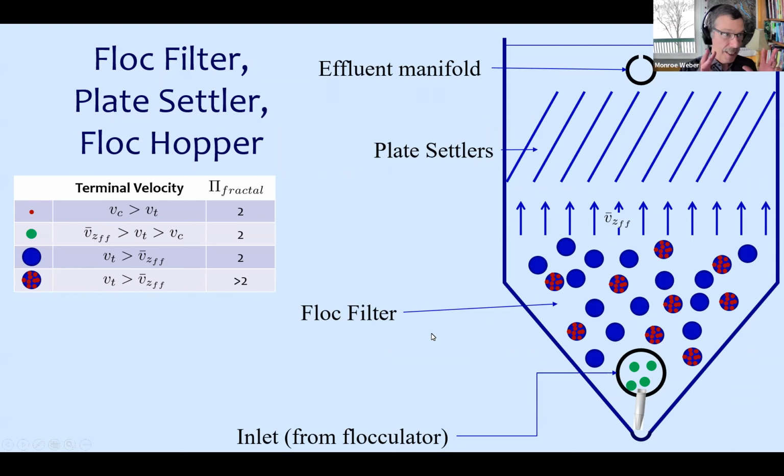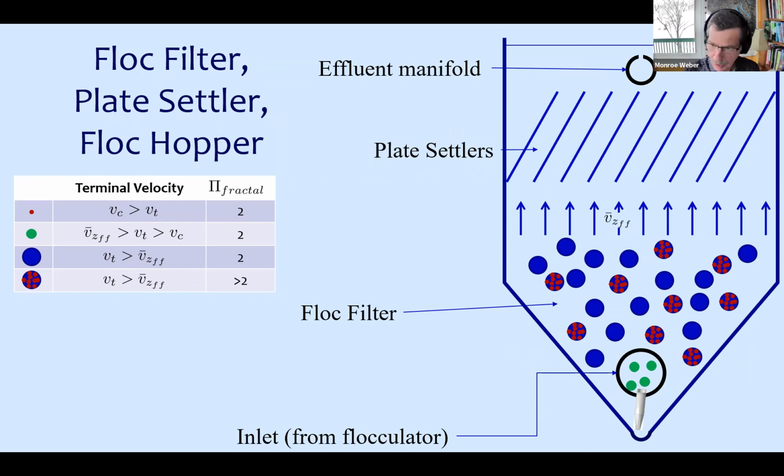velocity and the velocity gradient in that jet, where that jet is dissipating energy, and we know that when it dissipates energy, it ends up causing the fluid to deform, and where that fluid is deforming, if there's a floc in there, and of course there will be, that floc is experiencing this deforming action, which could actually break the floc. And so I was suggesting that if we have too high a velocity gradient coming out of that diffuser,